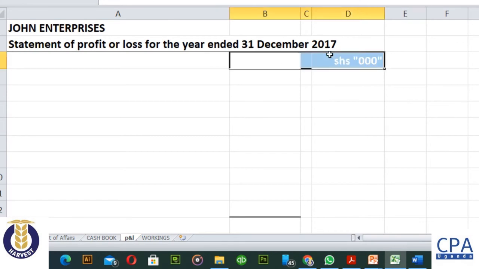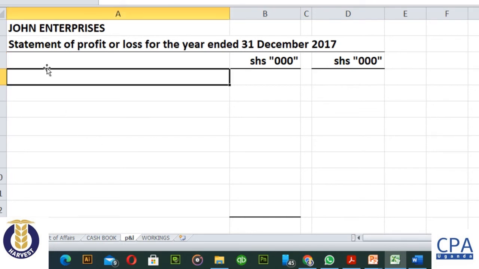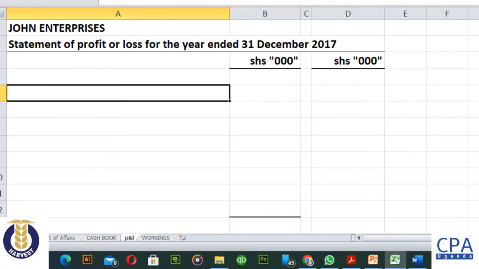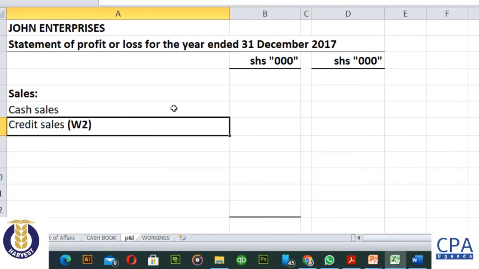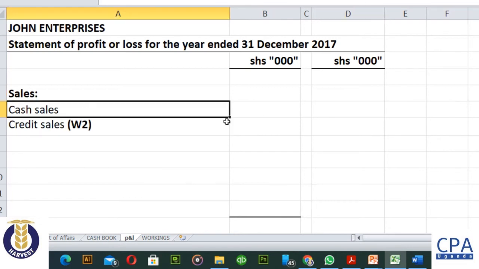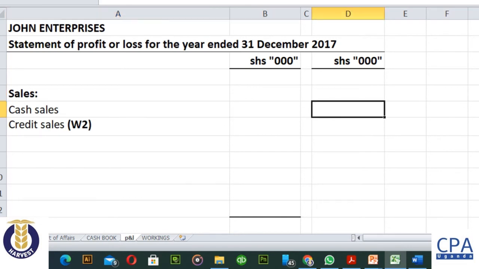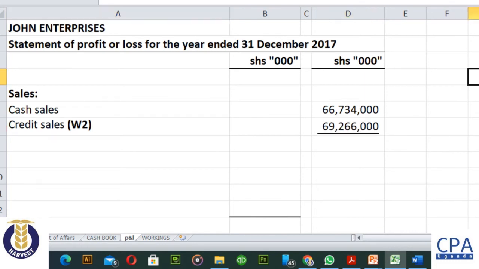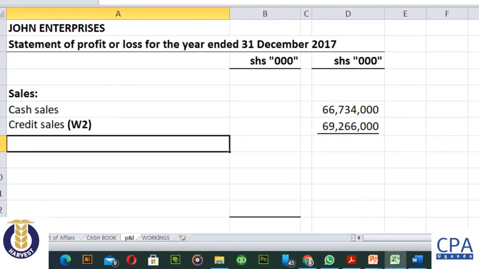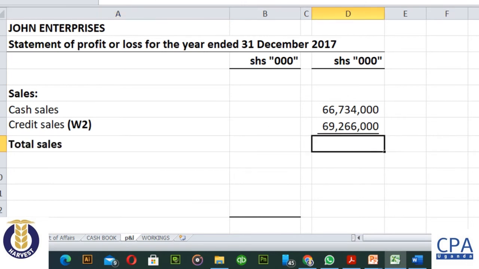I'm preparing this now to show you that there are some more unknowns that I need to complete this statement. So as per the usual format, we start with the sales, and of course the sales come in both cash and credit. Now the cash sales have already been given to us in the question as 66.7. So we have the credit sales as per working number 2, the one I've just demonstrated, 69.2, and therefore that gives us the total sales of